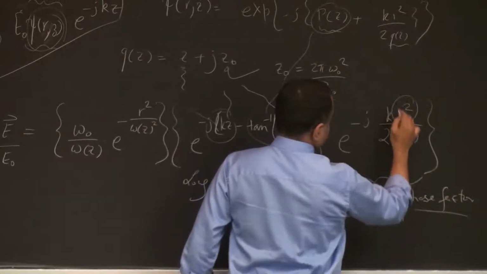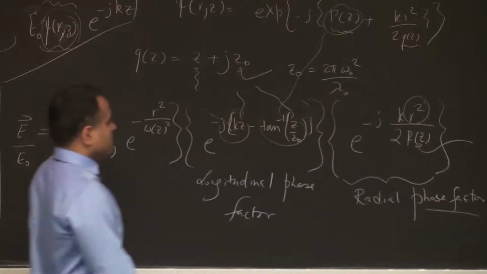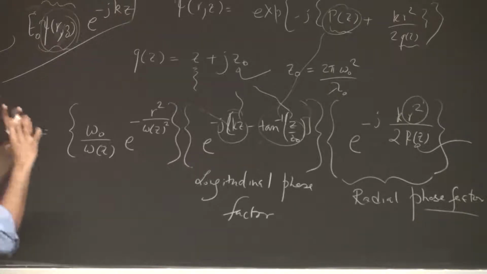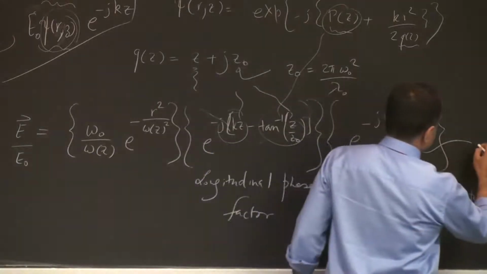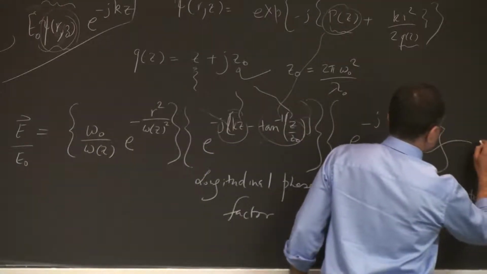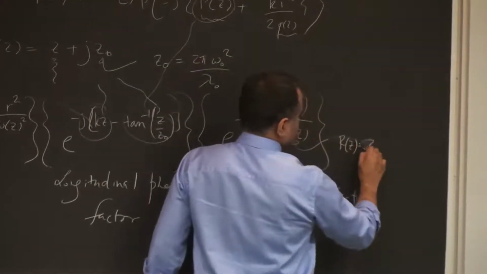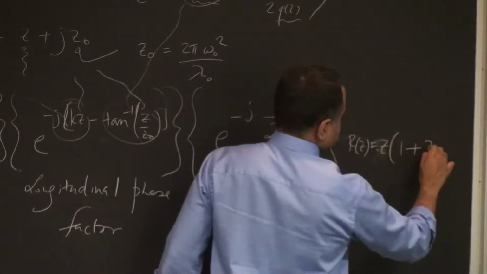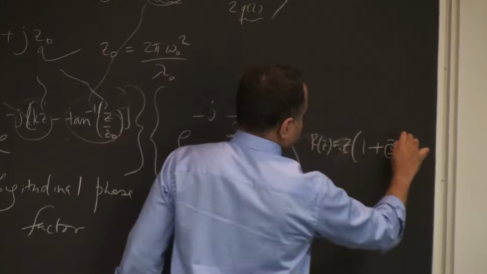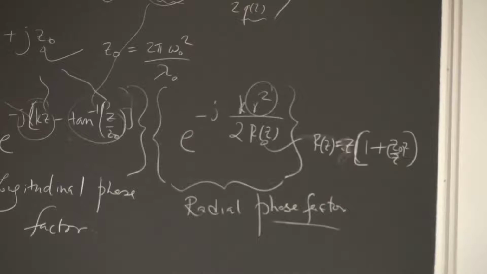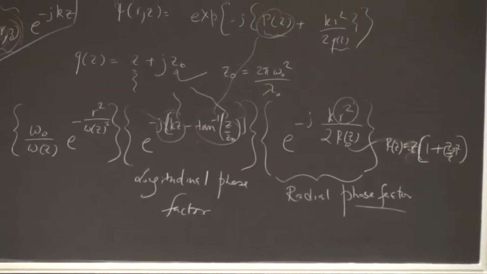So that's how things are changing with this, and then I think you have all these expressions for the radius of the phase front. When it curves, what's the radius of that sphere that contains that little curved patch and all that. If you remember, it has expressions like R of z is equal to z times 1 plus z naught over z whole squared, right? So that's your radius of curvature and all that. I'm just recounting what you have done earlier, and I think Cliff has done some very beautiful examples with this as well.